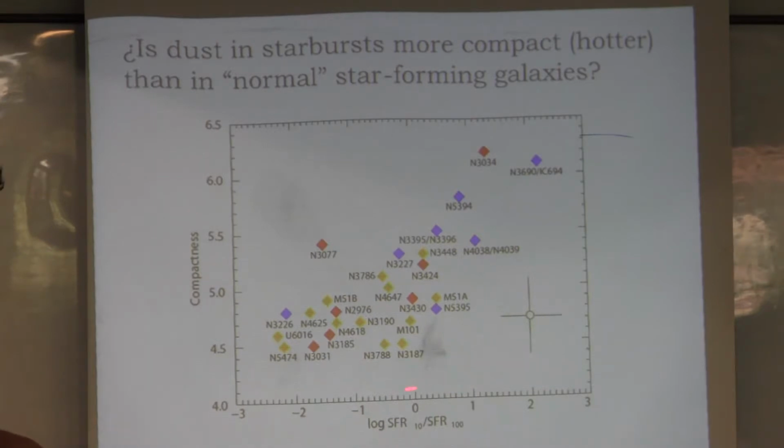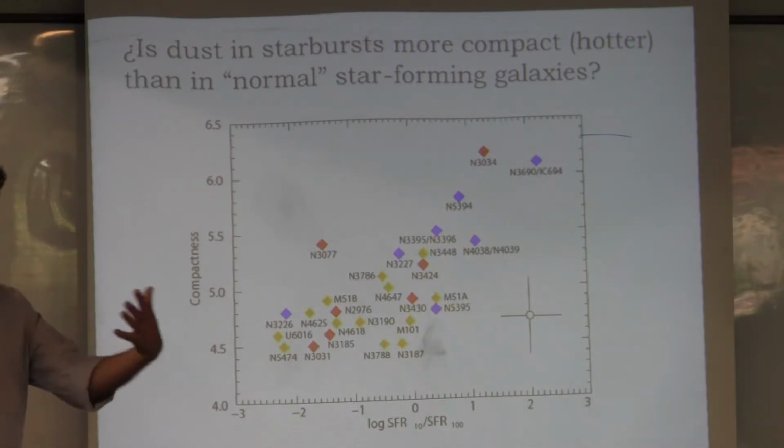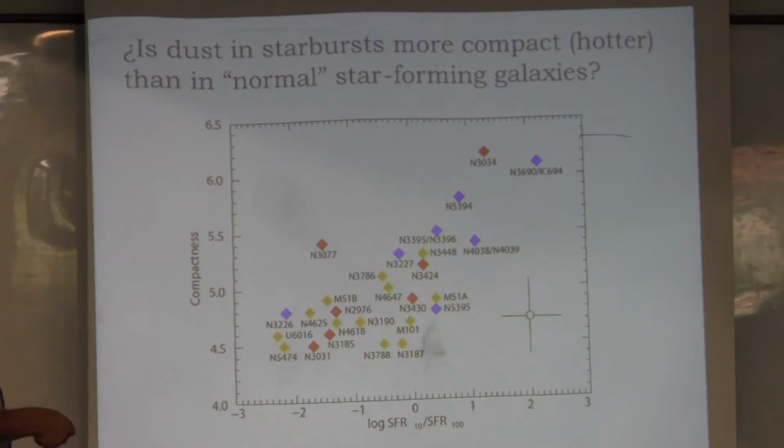What you see is that there is some kind of, if not very strong, at least some kind of correlation between those systems. And by the way, the colors there have to do with the interaction stage. So for example, these systems here that are blue are very disturbed, very strong interactions, very mixed up, let's say, strong interactions.